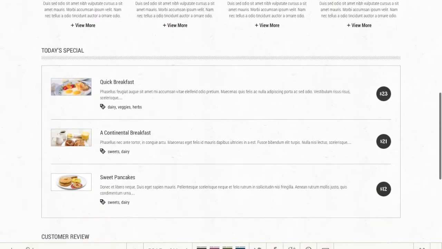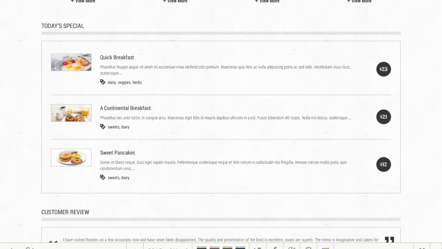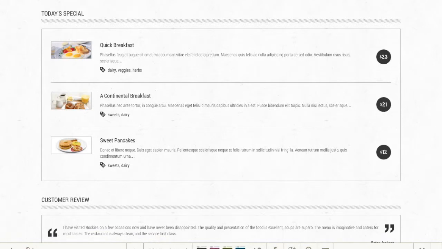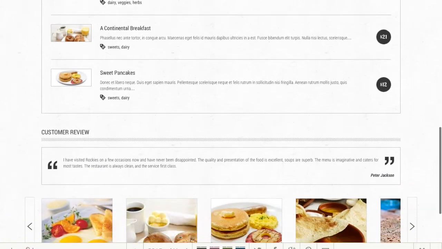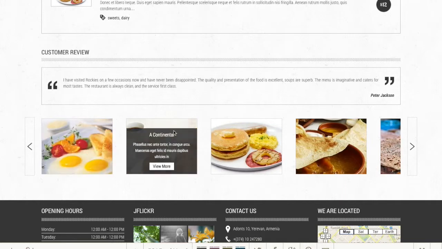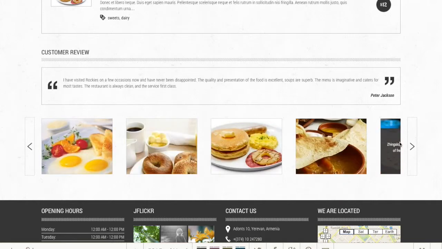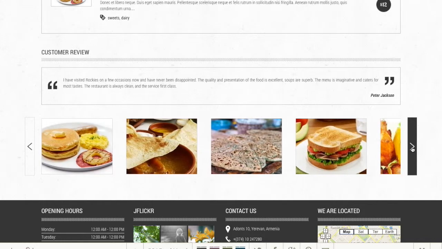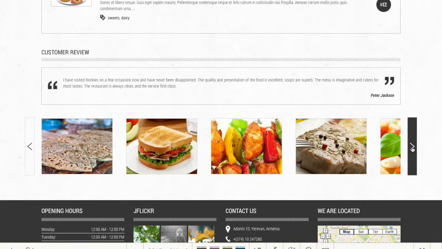And on the homepage you will always find today's special, so people would be tempted to come in that very day and try it. And of course on the right side you can see the price, so they know how much money they need to have in their pocket. Customer reviews, which are great and I think a must-have for a food business, to know what people have been experiencing. So you know, do you need to go in, or maybe you should wait. And of course we have this great slider right over here